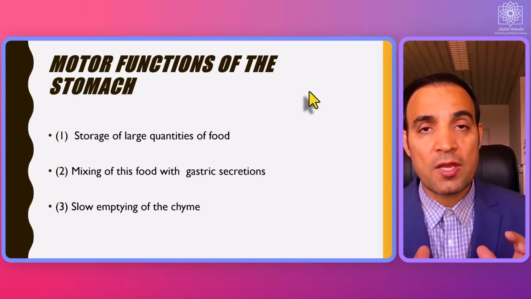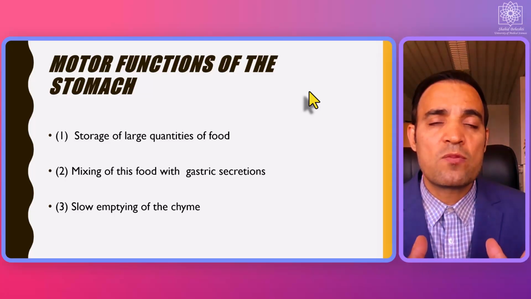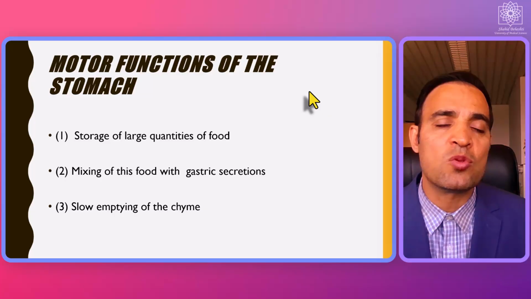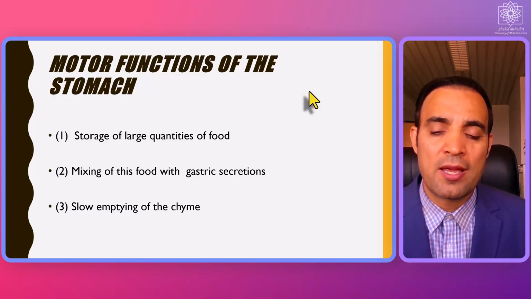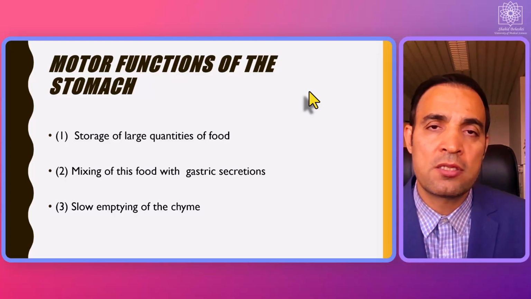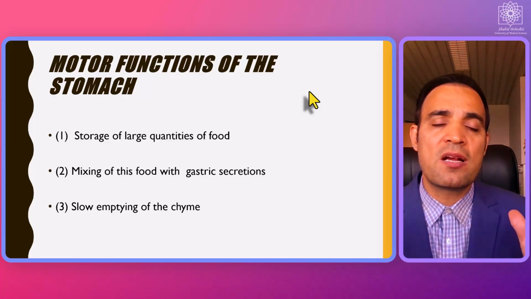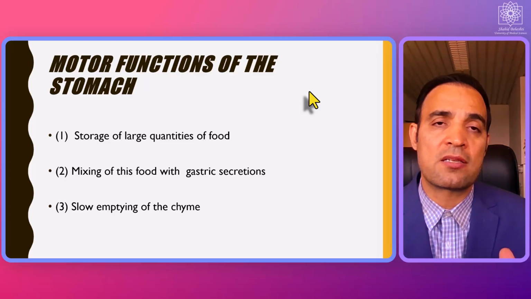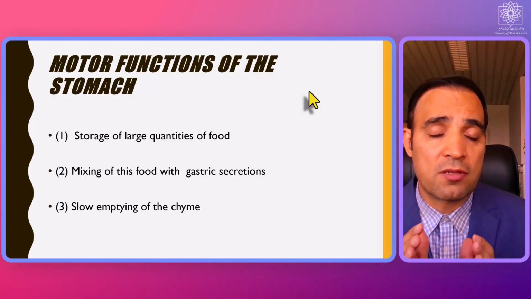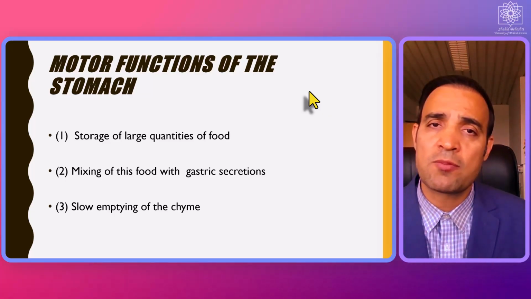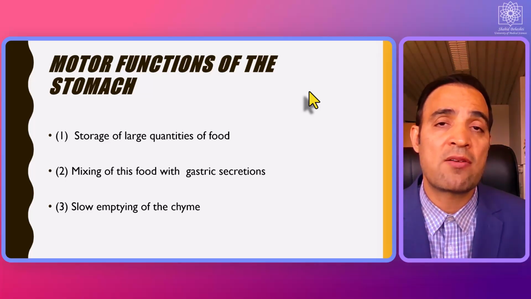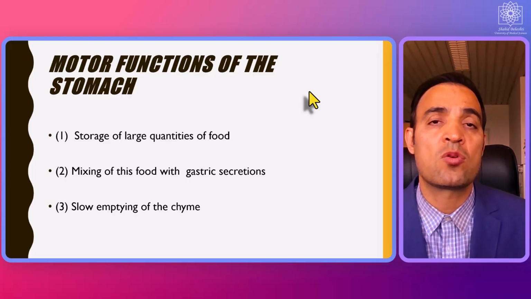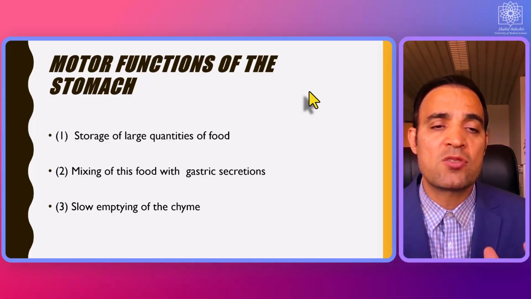Finally, one motor function of the stomach that should be mentioned is the slow emptying of the chyme, which means the content of the stomach, into the intestine. This is very important because if the content of the stomach were to empty into the intestine suddenly, it would be extremely dangerous and sometimes could even cause a cardiovascular shock or osmotic shock, because you know that